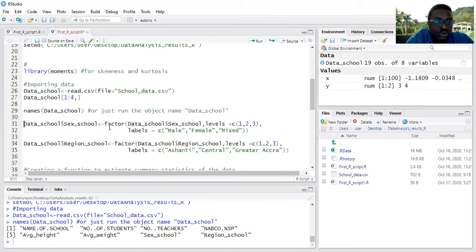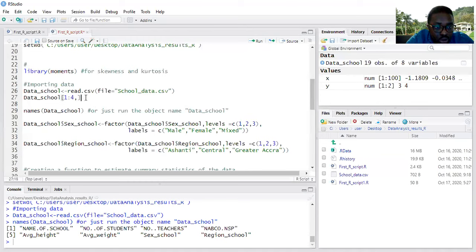All right. So now we've learned how to import data directly from your repository. So this is what we mean by working directory. We've been able to import our data. We've set a working directory. We've been able to import the data without necessarily having to open something to pop up before we select. Okay. So then now the next thing is,